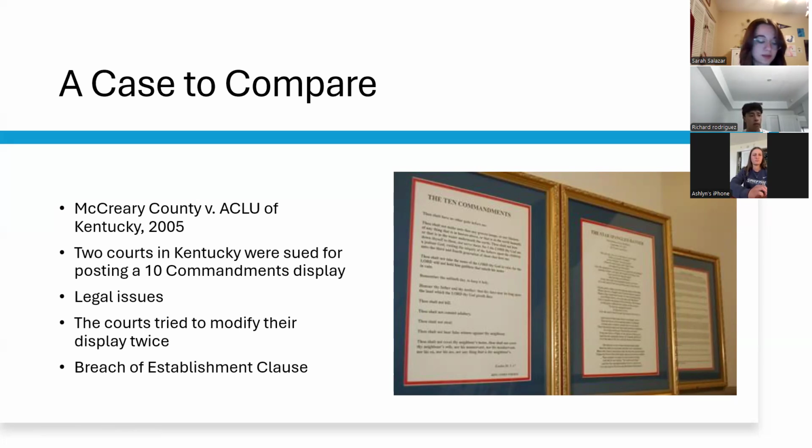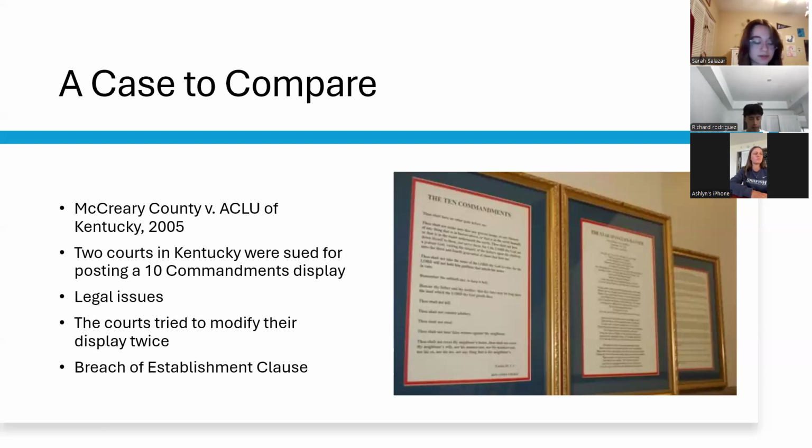So the American Civil Liberties Union sued the two counties in Alabama because they claimed that those courthouses had breached the Establishment Clause and that they were favoring one religion over another by posting those religious commandments in their courthouses. But the counties tried to defend their position and their stance of posting the Ten Commandments in their courthouses